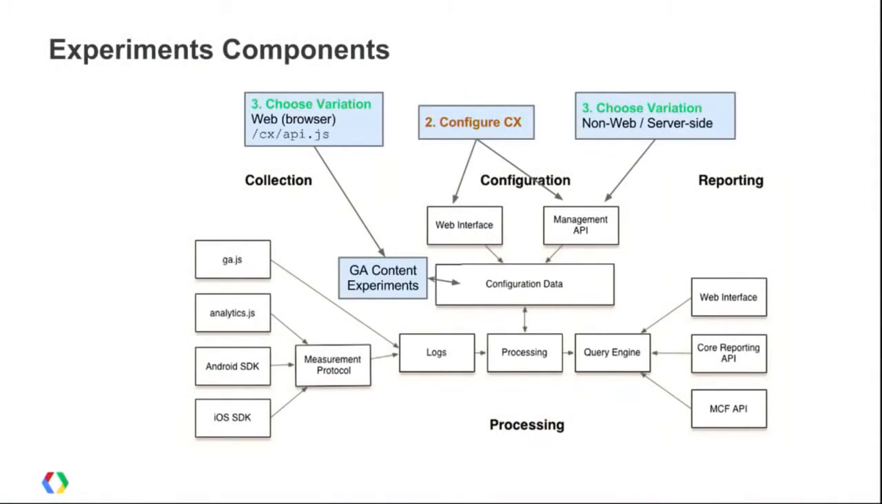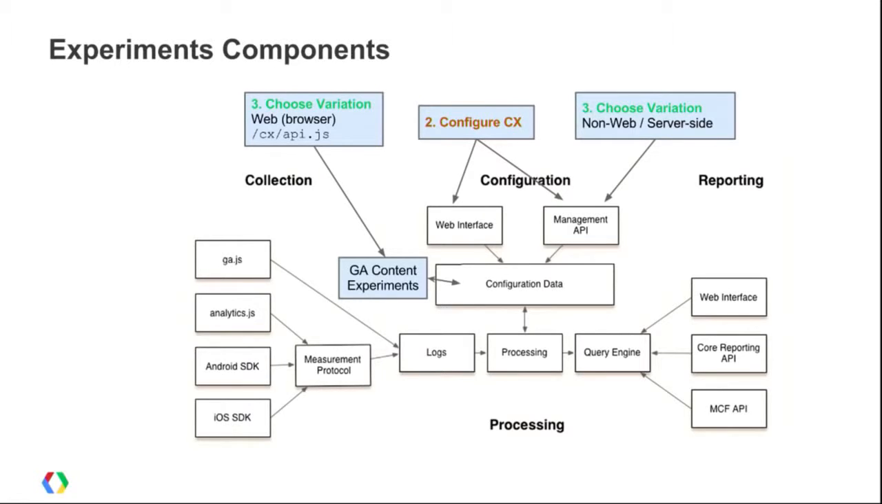If you're doing non-web environments, you can still choose the variation, but it requires you to go through the management API. And the management API allows you access to all the different experiments that you're currently running, and it provides you the information you need to make this decision. So, for example, what variations do I have for an experiment? Which ones are active? And what are the weights for those particular variations? All that information can be obtained through the management API, and that's the information you need to make this variation